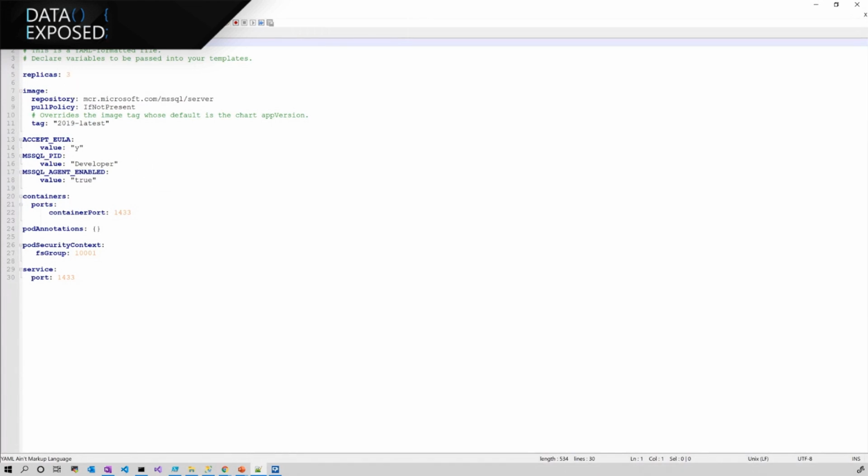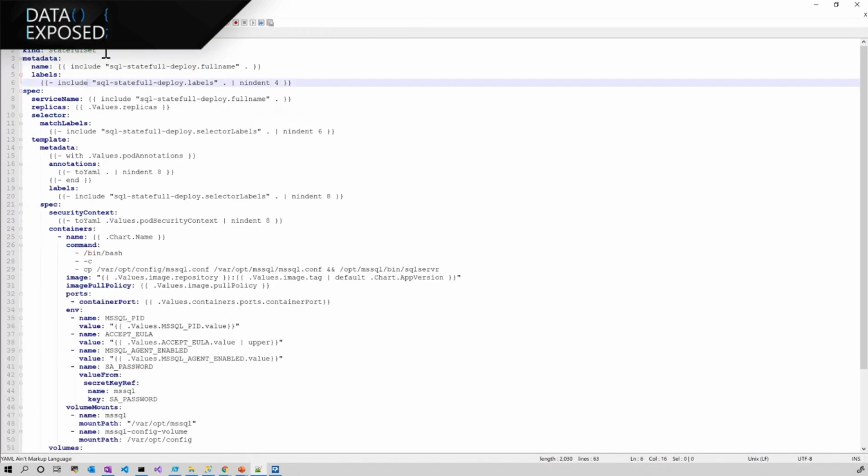So as you can see, this is my deployment file. And SQL Server is a stateful application, right? It's not a stateless application. You need SQL Server to persist the values, the data, the transactions that were going on, even if the SQL Server is restarted. So SQL Server is a stateful set application.